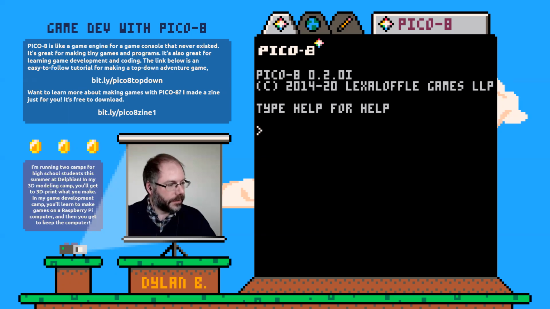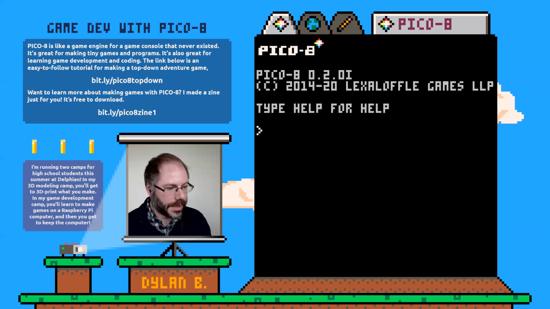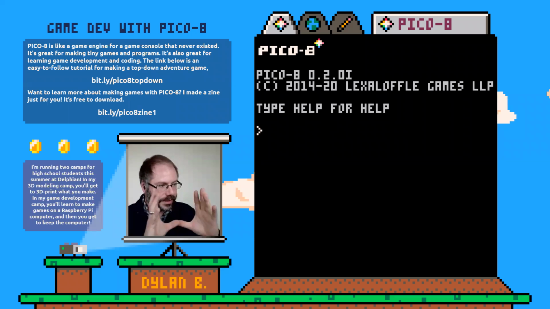Henry, no. For everybody else, if you're up and running with this screen and you can get to this screen, you are set and you're ready for tomorrow. The only thing to remember is that if you want to go in and out of full screen, you hold down Alt and hit the Enter key, or sometimes it's Return on some keyboards, and that brings it out of full screen.